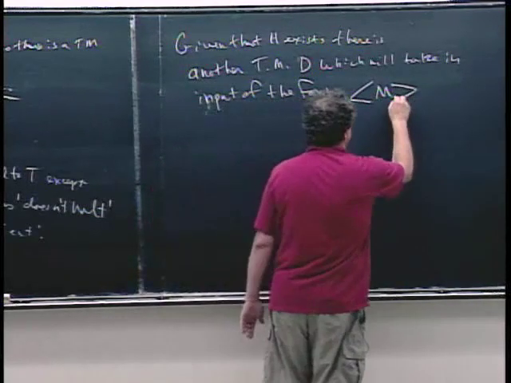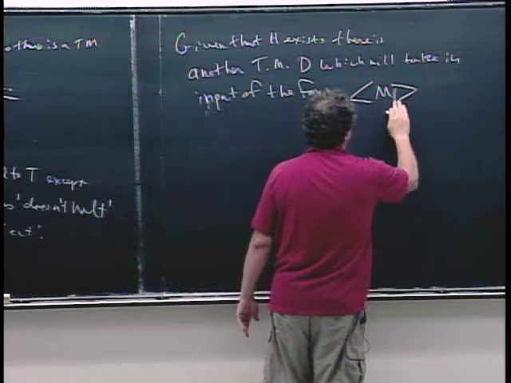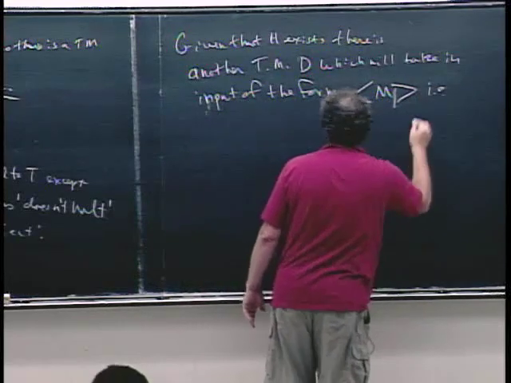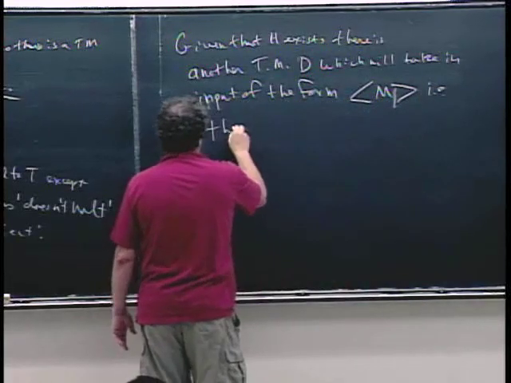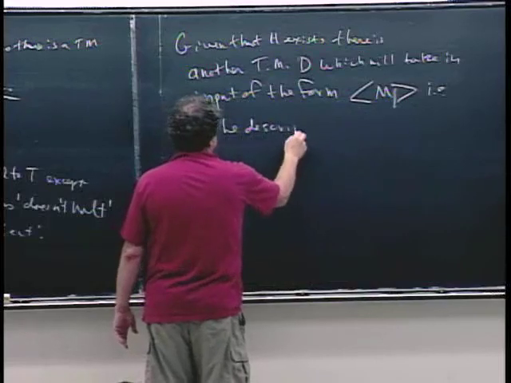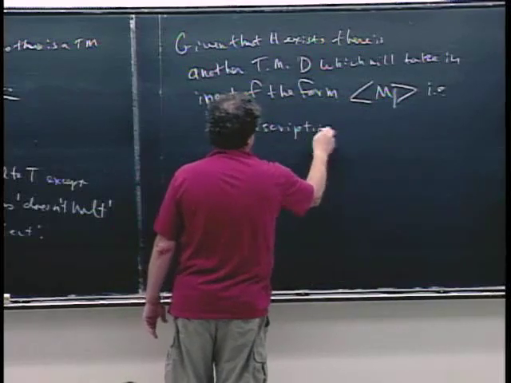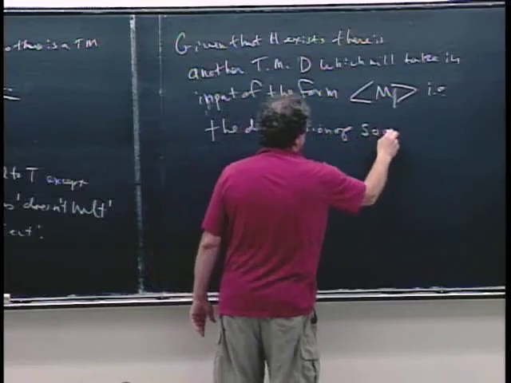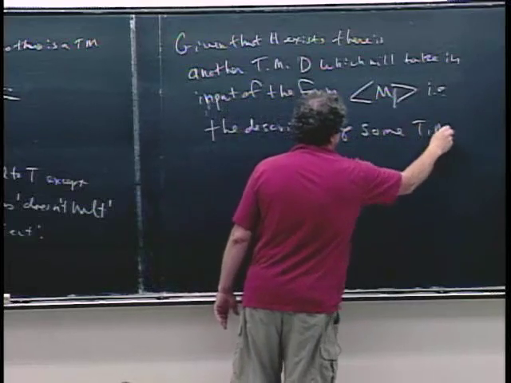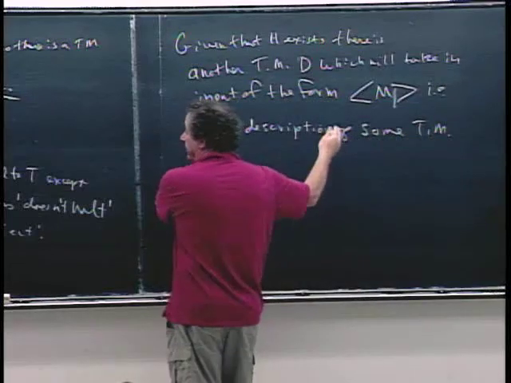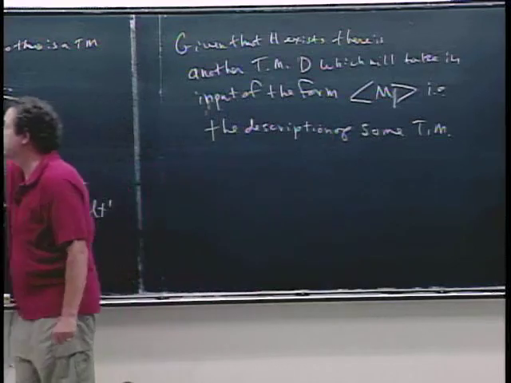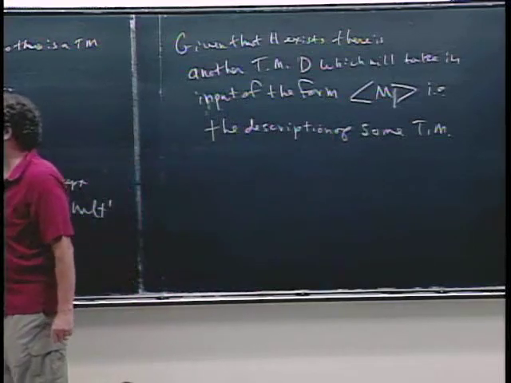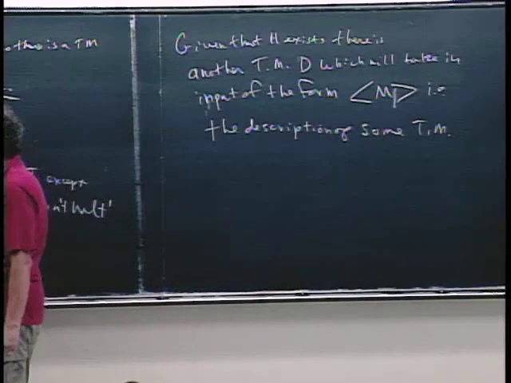Okay, maybe I'll subscript i, but anyway, it's the description of some Turing machine. So it takes an input which is the same form as the input to here, and